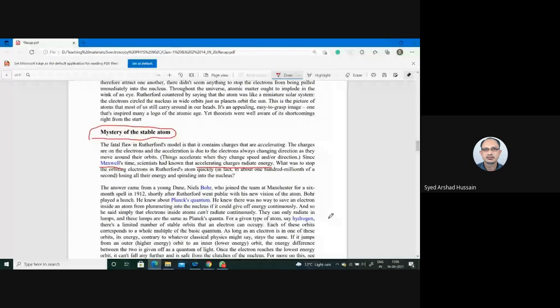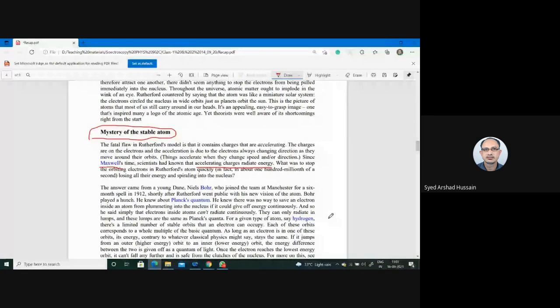Although Rutherford explained several features of the atom, and still today the Rutherford model is one of the very good acceptable theories which can explain several features of the atom. Although stability was a big concern according to his theory, he could not satisfy the scientific community or explain the stable nature of the atom.